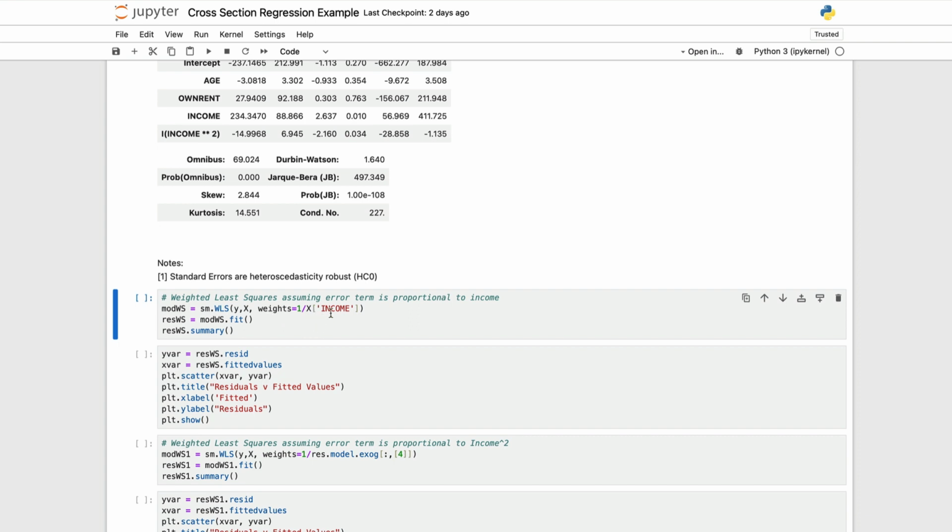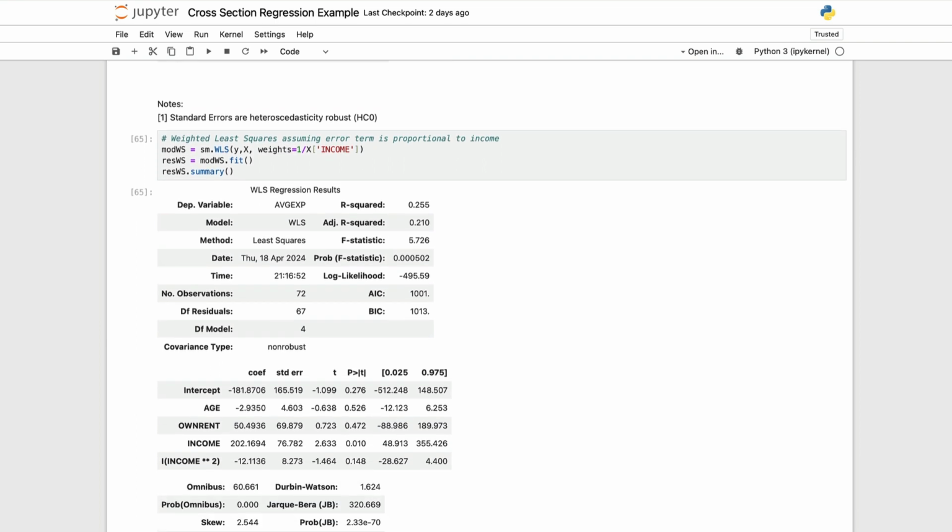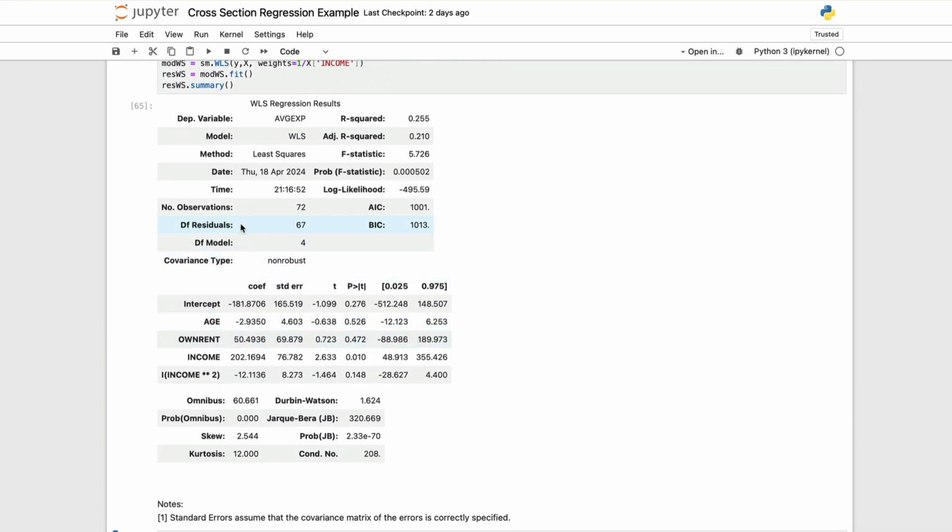So you simply put that. Notice here I've used the X matrix and indicated the income variable. So you run that. That then goes into a variable which you then apply a fit function to. Obviously you could do that in one go, but here it's best to do it separately. And then summary. So basically this is the same three statement syntax as we use for OLS. The difference is it's WLS, and you have to specify the weights. So running that, we get the same printout as before, the same information, but this time it's